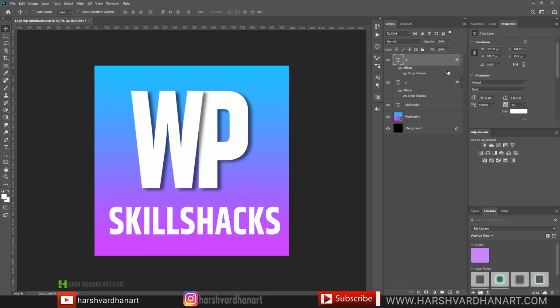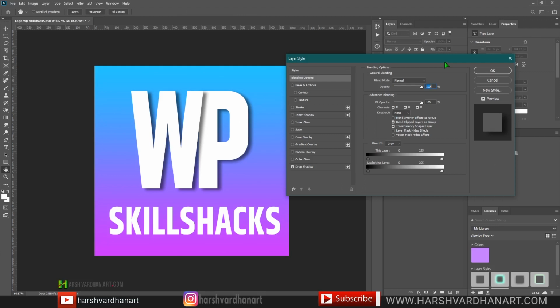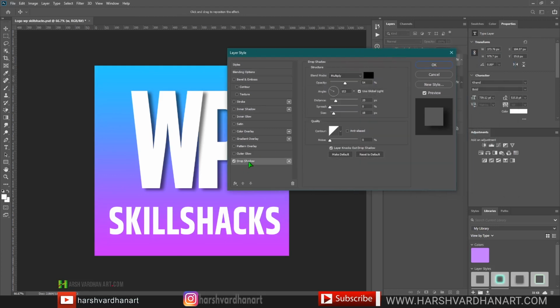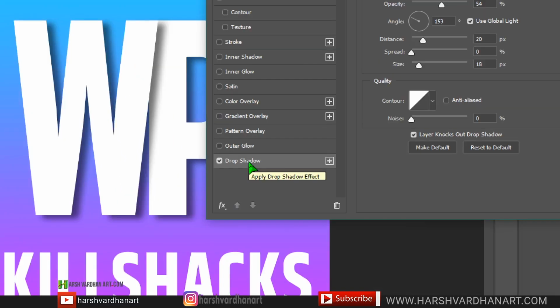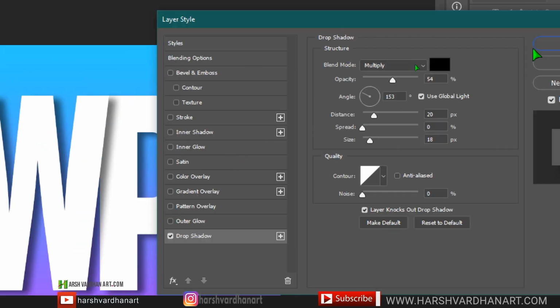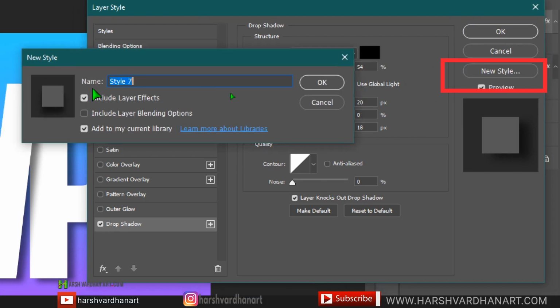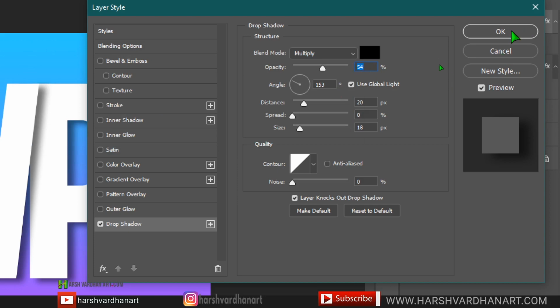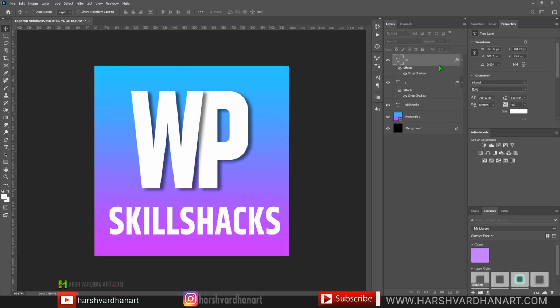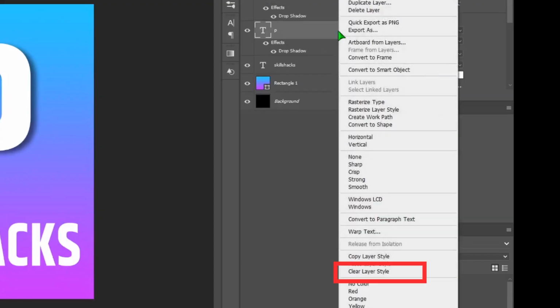And another way, let me show you. If you just go back to the layer styles, so you have just made this drop shadow, and we have created every setting and all that. So now you can click on the new style, and you can rename it anything, like let me name it add shadow, and we'll press OK and press OK. So we have saved a preset. So let me just first clear this one. So right click and select clear layer style